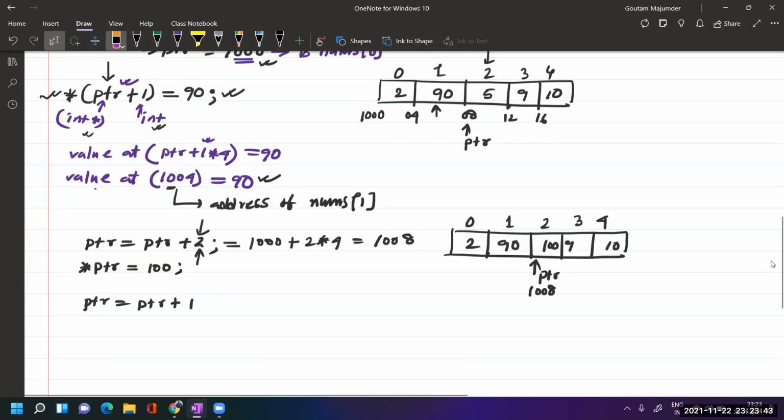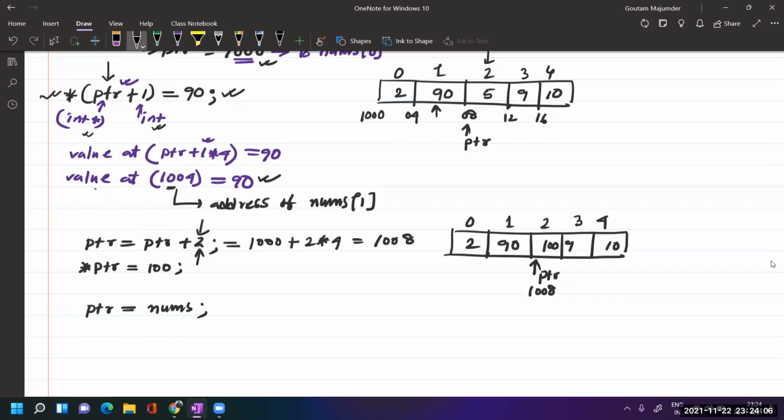Okay, so now let me discuss more about these pointers. Okay, so here it is. Now suppose, assume that now PTR equal to base address. Okay, so here is my array.